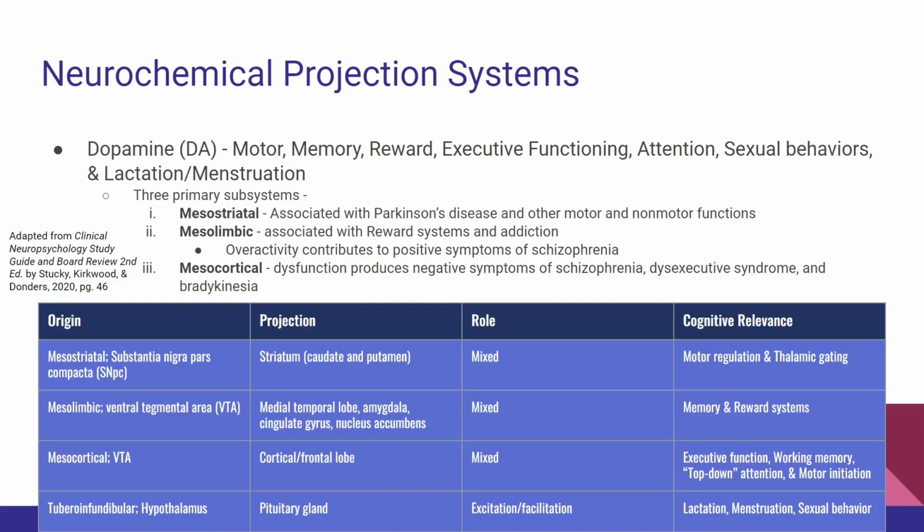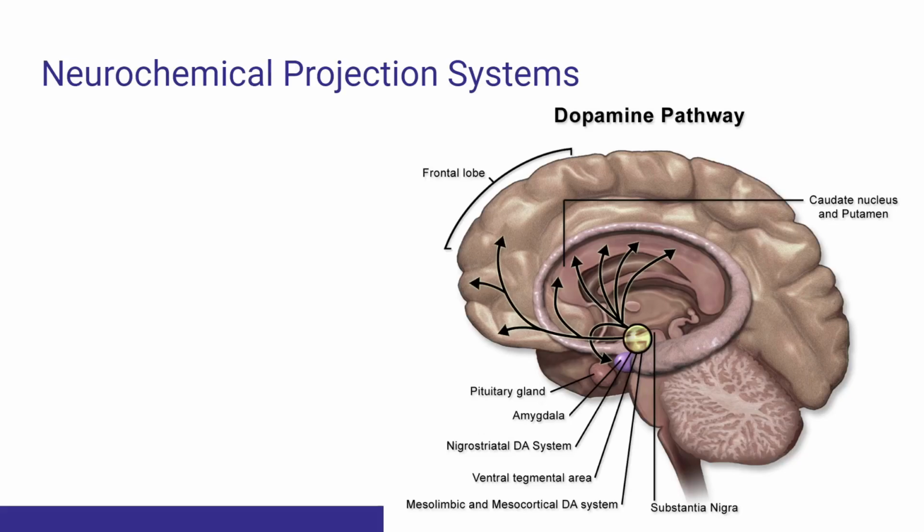Bradykinesia being just generally slowed movement overall. And if you look at the chart down below, you can see some of the specific nuclei that are associated with these different subsystems, as well as where those projections go and some of the specific cognitive areas that those subsystems are implicated in. So if you look at this graphic, you can see where the dopaminergic system exists and